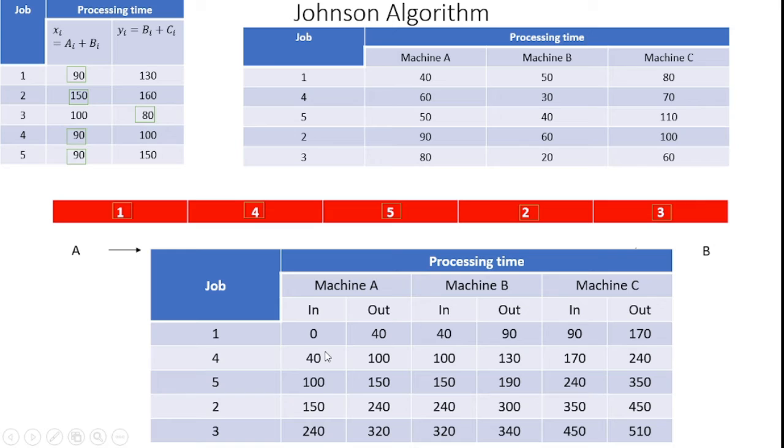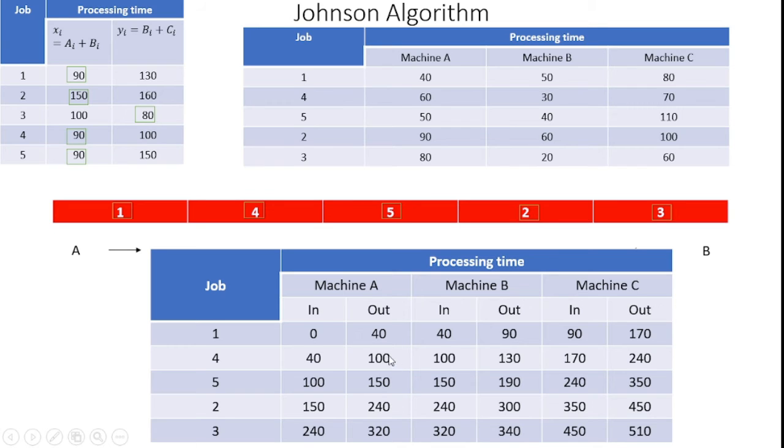And according to our sequence identification, the fourth job is the next in sequence, so I give input to machine A. At what time? Yes, if the first job completed at the 40th minute, I can enter job 4 into machine A at the 40 minute entering time. After that, I check in the table what is the processing time of the fourth job in machine A: 60. So I add 40 plus 60, I can get 100. After that, I have to compare the machine A completion time, 100, but in machine B the completion time is 90.